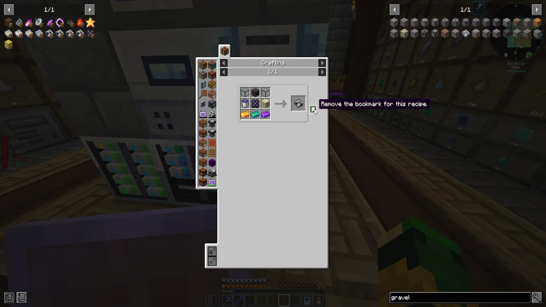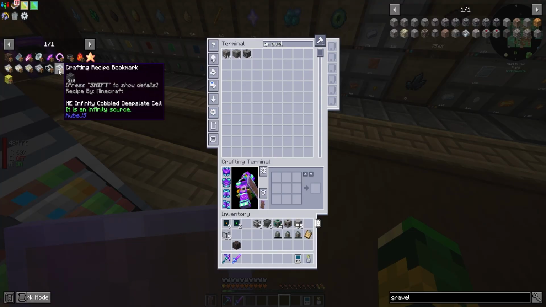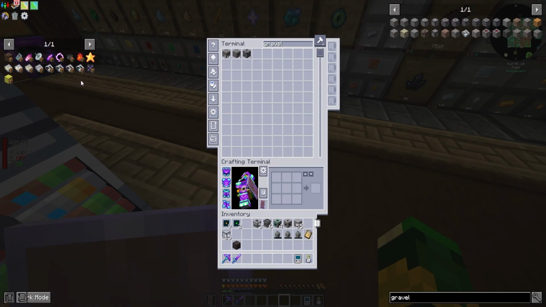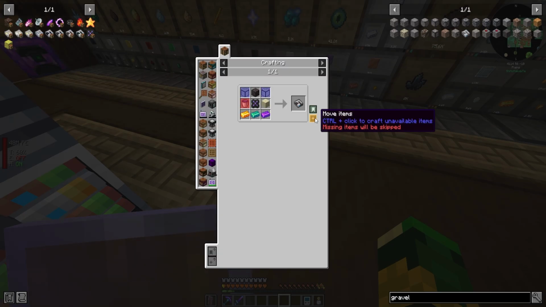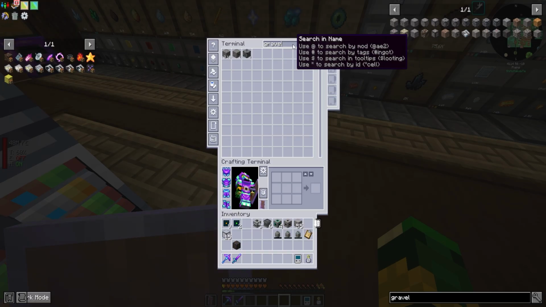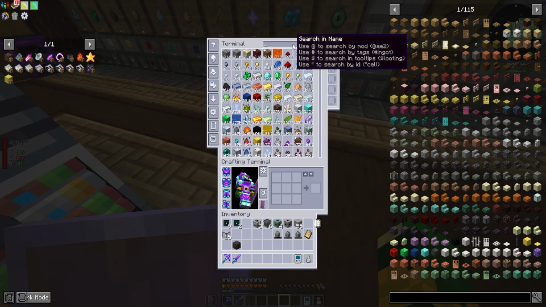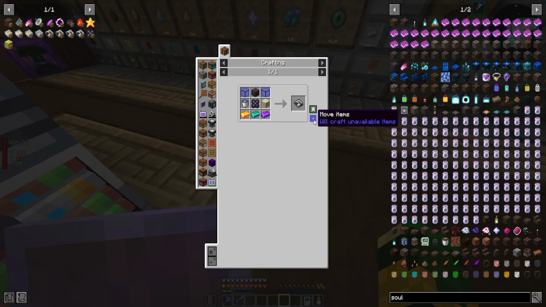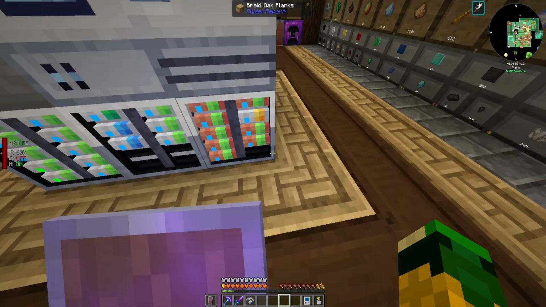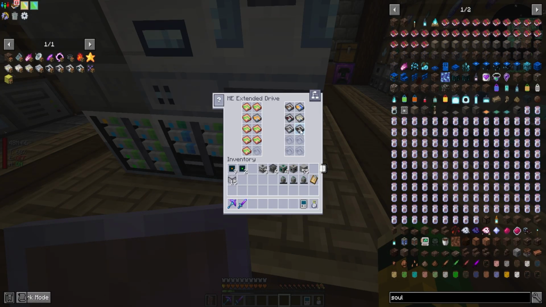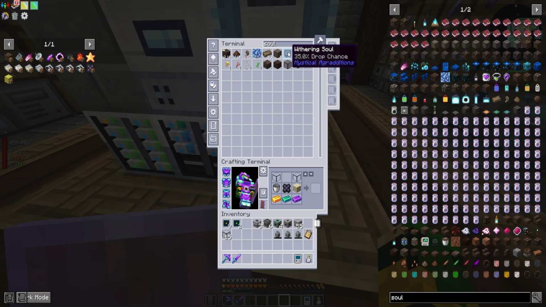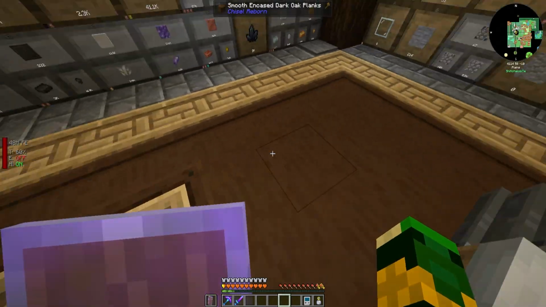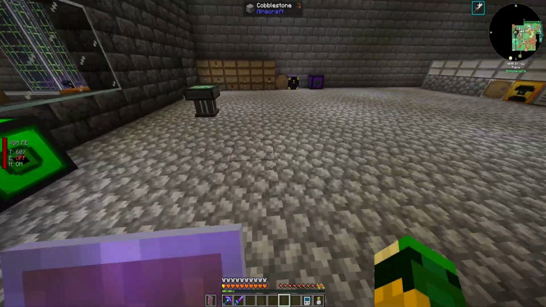Boom. And then the other one I want to make is the infinite soul sand. This one right here. So we'll do that. We need a bucket of soul lava. That's interesting. Why can we not get a bucket of soul lava? We have 113 there. That's weird. Okay, let's do that. And now we should be good. Yeah, there we go. Now we have infinite soul sand. Awesome. So when you go in and look at soul sand, look at that, 2.1 billion, I think, is what that's referring to.